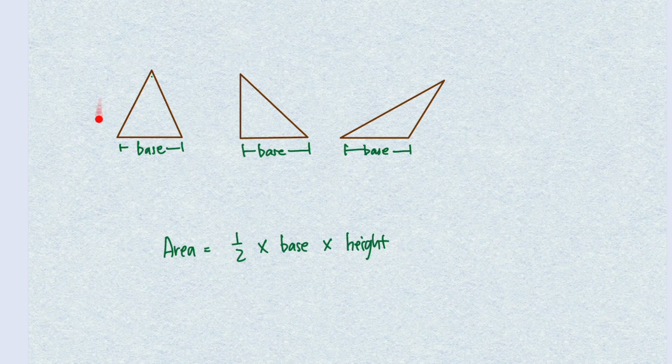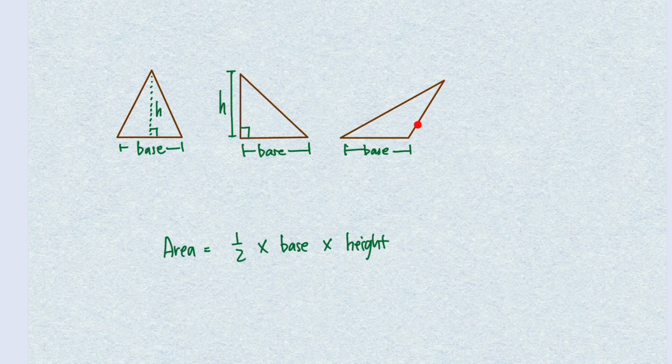So for the first triangle, the height would be right here where it makes the 90-degree angle. So this height will tell us how tall this triangle is. For the middle triangle, where it makes that 90-degree angle, the height would be right here. And lastly, the third triangle,